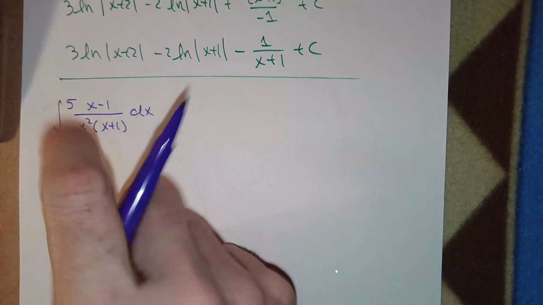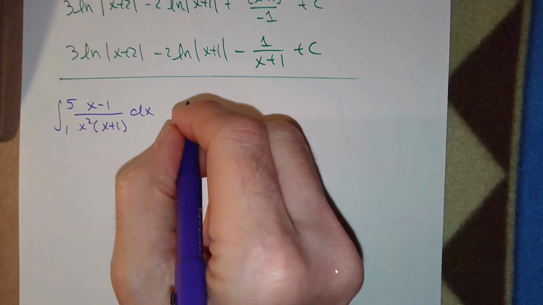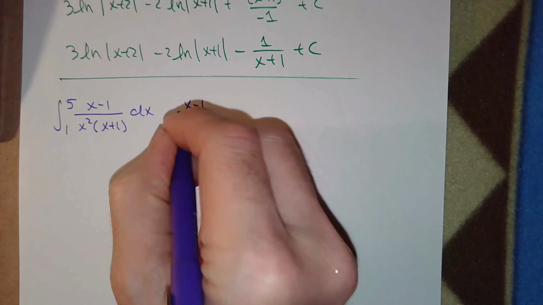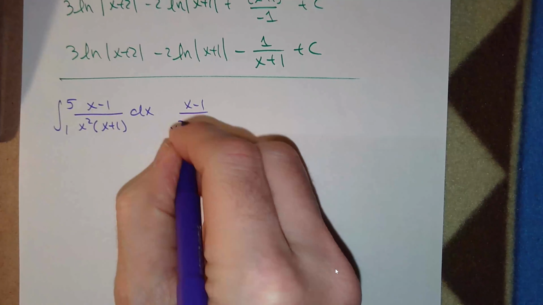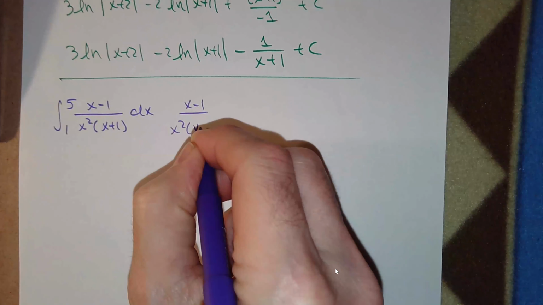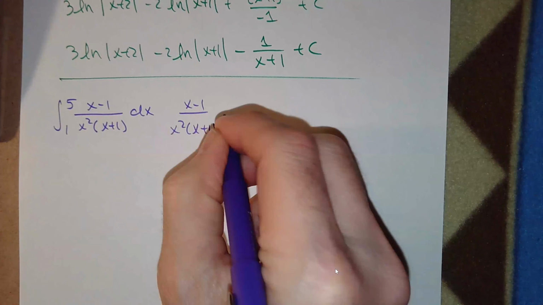Well, this is another partial fraction decomposition problem. So it's going to be x minus 1 over x squared times x plus 1 equals